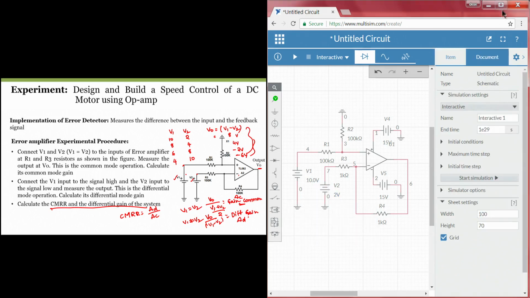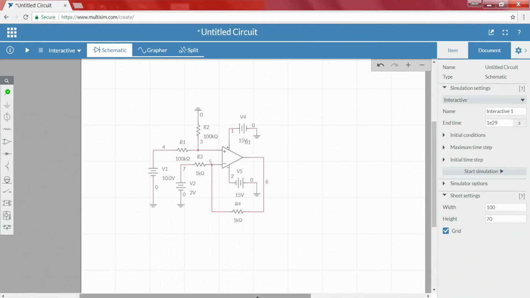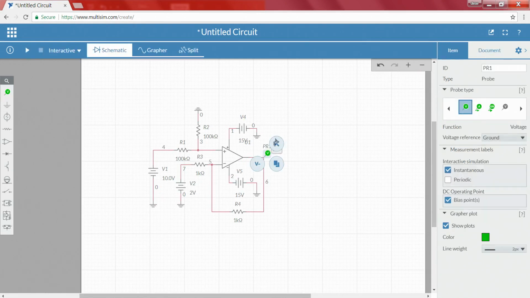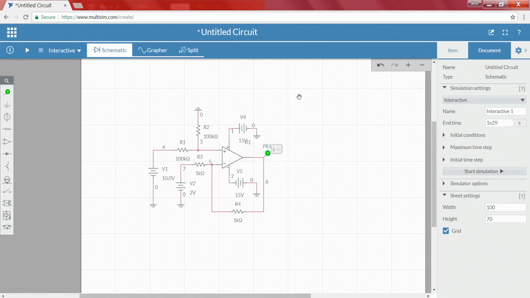To understand what we have done, we have to apply 10 volts and 2 volts. First we will see the differential gain, then we will do the gain. I think we have considered the resistances R3 and R4 differently, so let me do the same experiment once again.